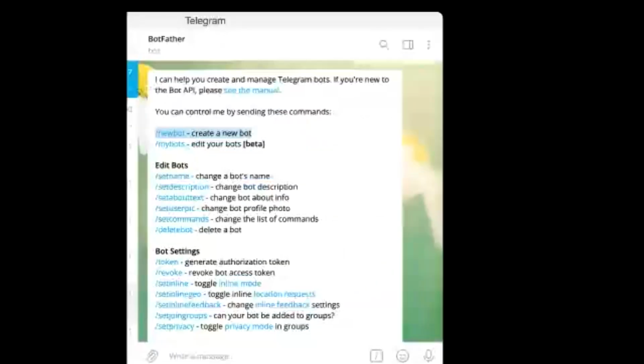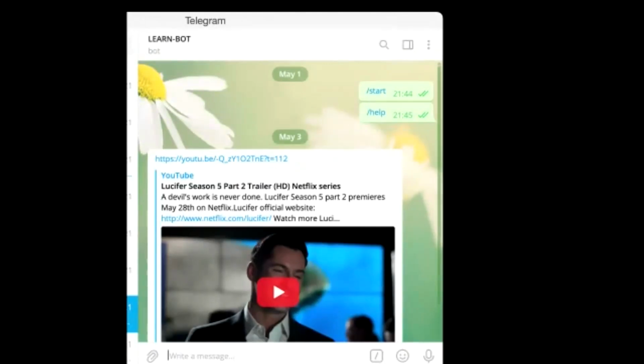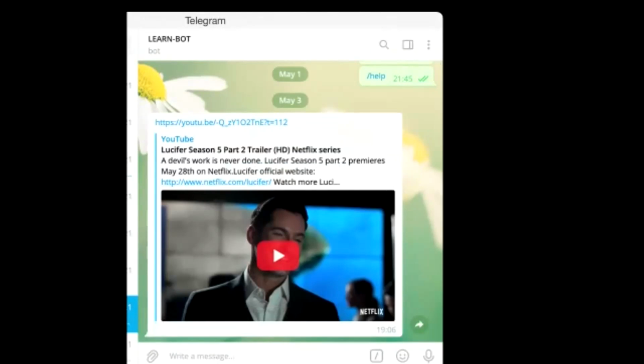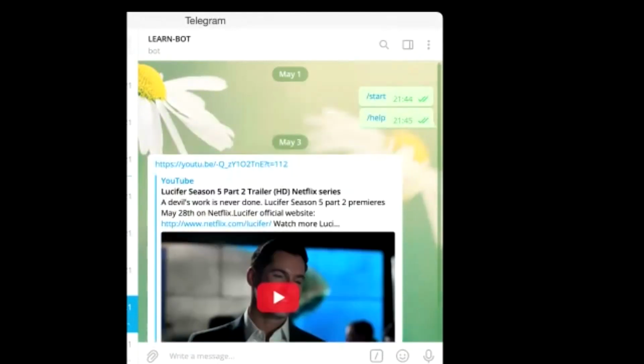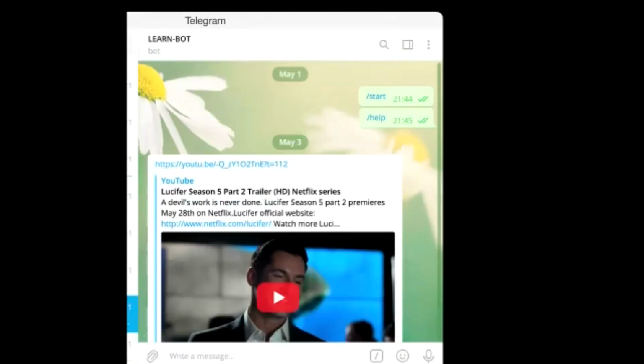Once BotFather creates your bot, you have to associate that bot with that particular one. So here you can see this bot I have created, and I just entered this URL lately. It just sent me through the testing mechanism, and then